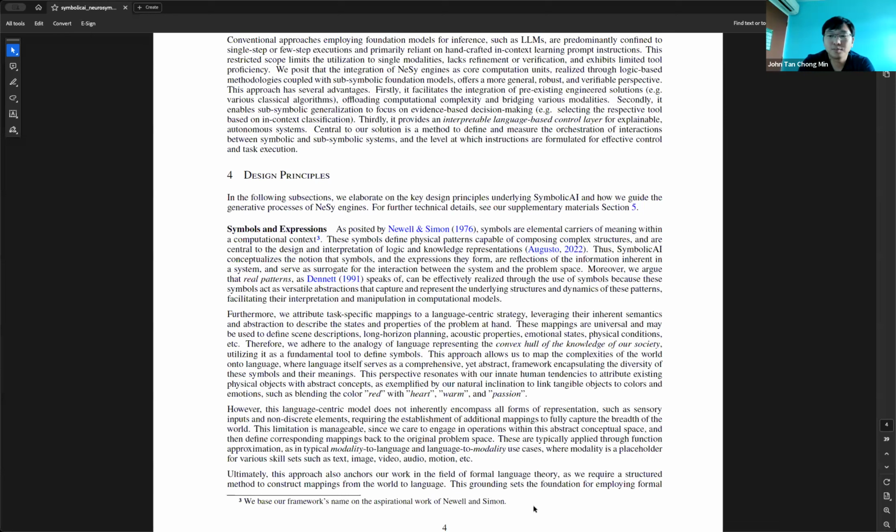Yeah, so it shouldn't be conflated with the symbolic AI, like our name, and symbolic AI, which is basically the entire field of symbolic AI. We just mean symbolic in the way of using symbols. That's the point of its name. A name game. It's a name game. Yes, it's a name game, exactly.